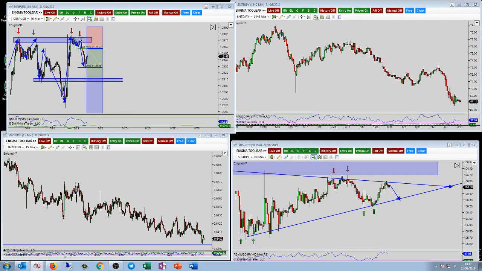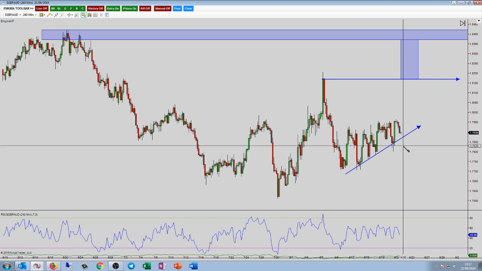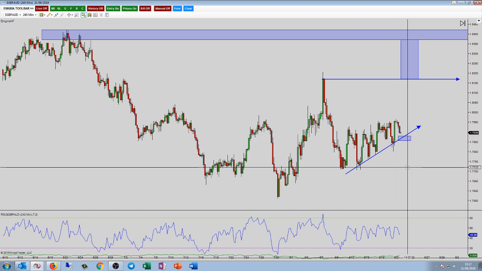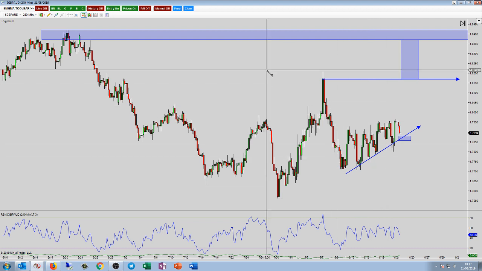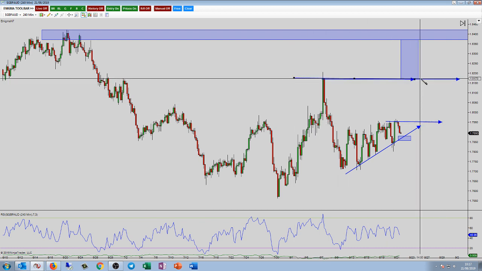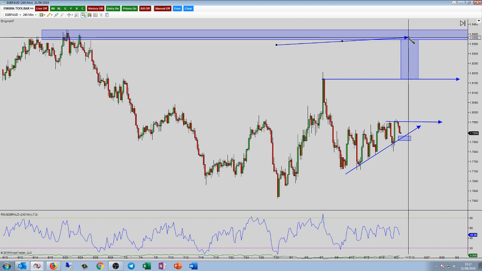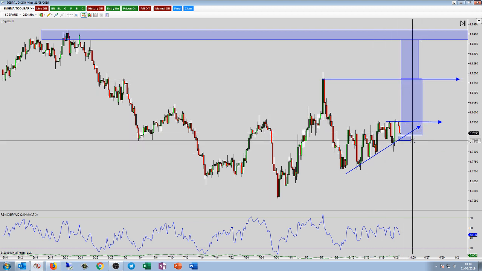And I think there was one more. Let me just move the chat out of the way. There was a couple more actually. You have the pound Aussie. You're going to be waiting for an entry here and seeing whether or not we can get a big bullish breakout here. You could look for first targets at a retest here, or you could look at first targets here, second targets here, whatever you want to do.